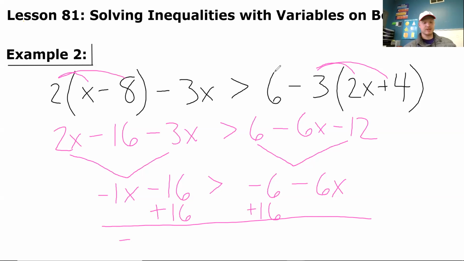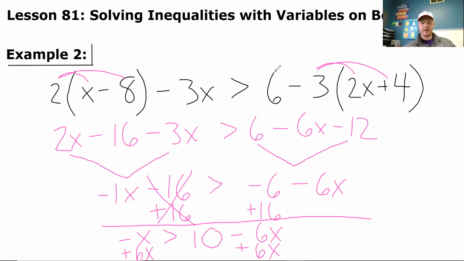So I'm left with just negative x or negative 1x on the left side of my equation is greater than, so those 16s are canceled, they are now gone, is greater than, so negative 6 plus 16 is going to be a positive 10, right? So we're just taking 16 minus 6, and then minus 6x. So add like terms, so add 6x to both sides,